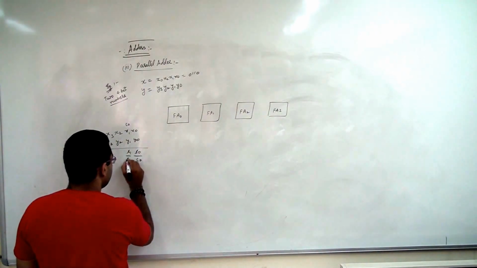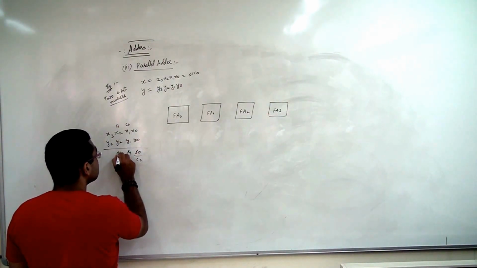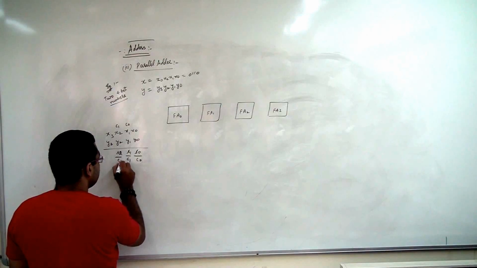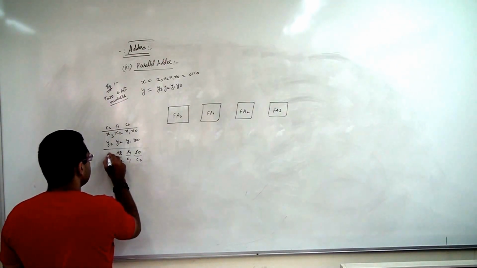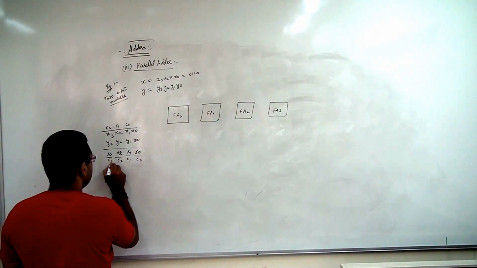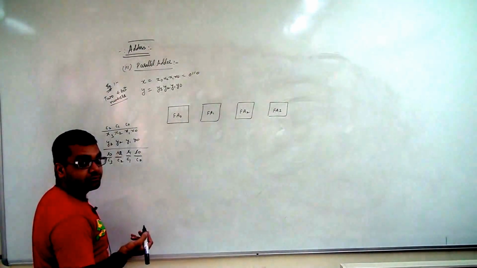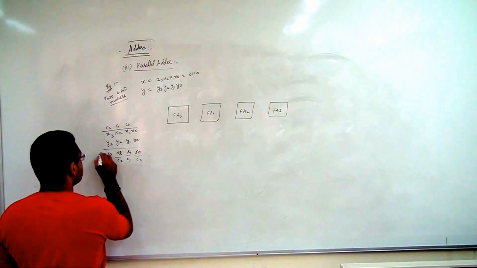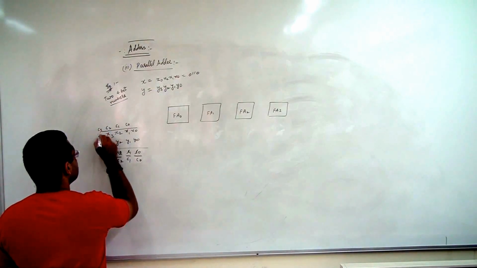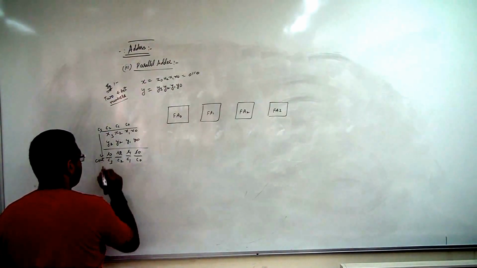Now for S1 I add the carry, C1 is generated which goes to the next stage. Again I add, sum is S2, carry C2 goes to the next stage. Then I add again, sum is S3, carry C3. Now when C3 comes over here, there are no more bits left to add. So C3 becomes what I call C out, or the output carry.